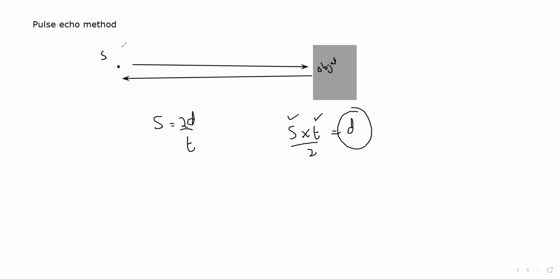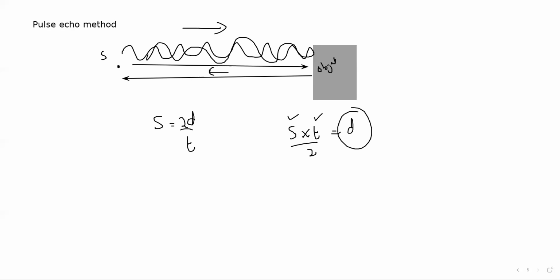Why do we call that a pulse? Because we are not sending a continuous wave. Why not? In the first session we discussed that when waves strike, two waves traveling in opposite directions may interfere and give rise to a standing wave. We don't want to produce a standing wave, because maybe near the source it produces a node, so they might cancel out each other. Then we will not be able to detect any radiation.